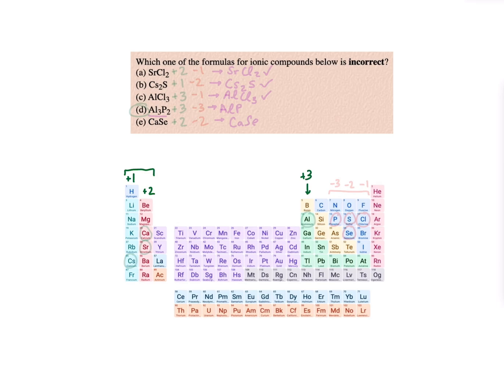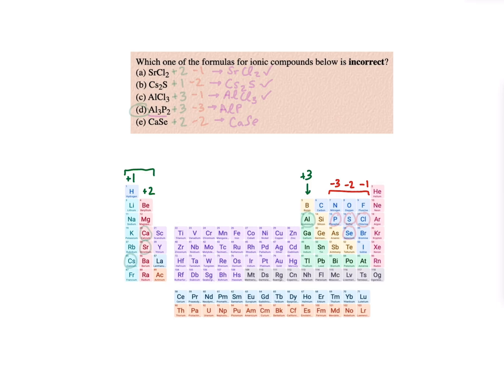And then if we think about the anions, we have these final three columns here. And the noble gases, of course, do not form ionic compounds. But with the halogens, we have -1, then moving over -2, and -3. So if we go through each of our response options, we can first write the charges for our cations and